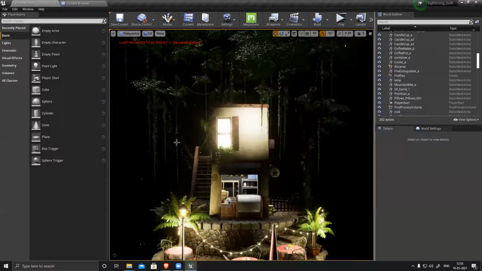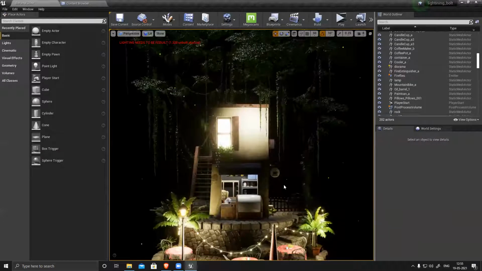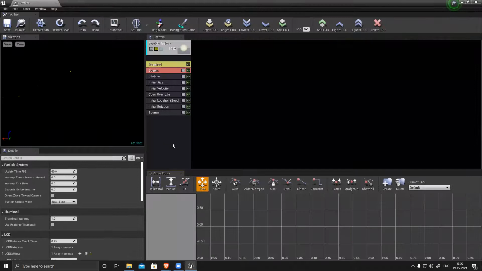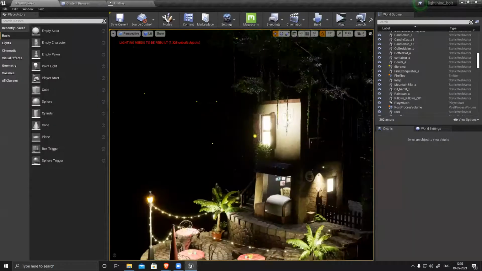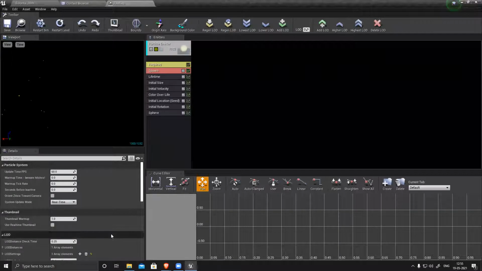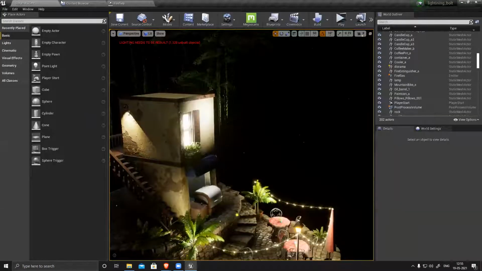So how to create those firefly particles? I'll explain those things. It's very easy. It's not very difficult. It's just an emitter, like a GPU emitter, emitting all the firefly particles. So I'll explain how to create this and place it in your scene. The same technique we can use for leaves falling or clouds or smoke, and generate all these things.